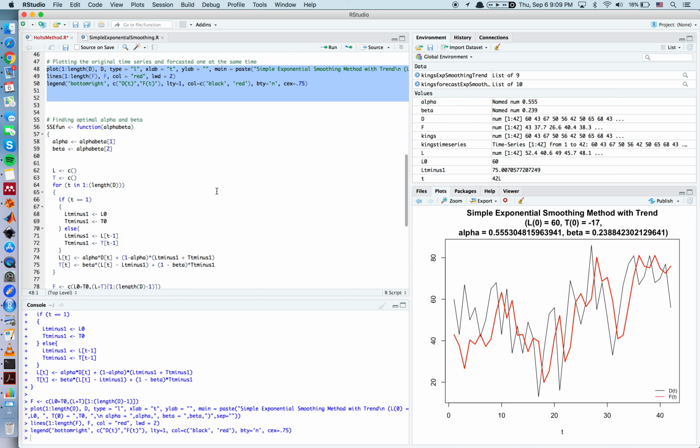And now let's find the optimal value of alpha and beta. You're going to use a very similar procedure as in the previous video, except that because now the SSE can be seen as a function of alpha and beta, we need to find the optimal values of both. So SSE is going to be a function of two variables, so its plot is actually going to be in 3D, three dimensions. So using a graphical method to sort of informally optimize this function,